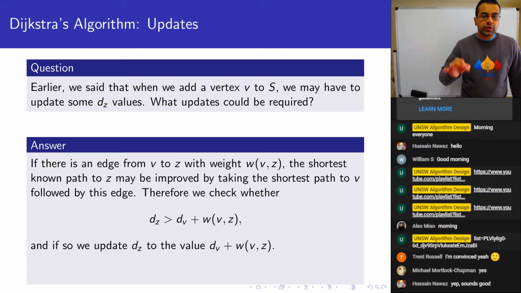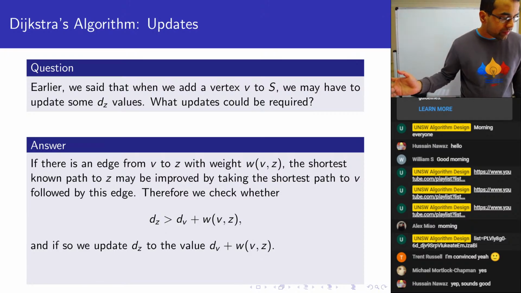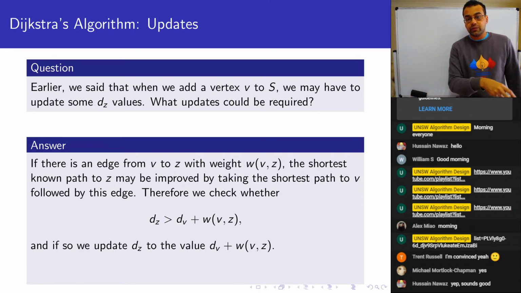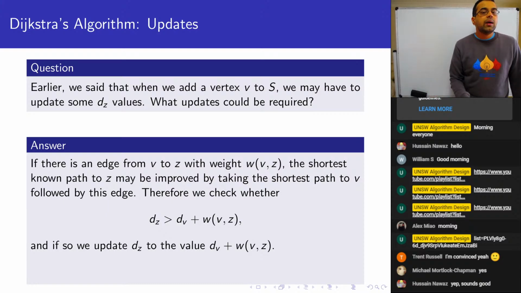Suppose there's an outgoing edge from our new vertex V to Z. Then we need to consider updating the shortest path to Z, because of course there are two candidates now for the shortest path to Z. There's the shortest known path from before, which took things from the old S and then went to Z. But we also have a new way of getting to Z by taking the shortest path to V and then one more edge from V to Z. So we check whether this is an improvement, whether dV plus the weight from V to Z